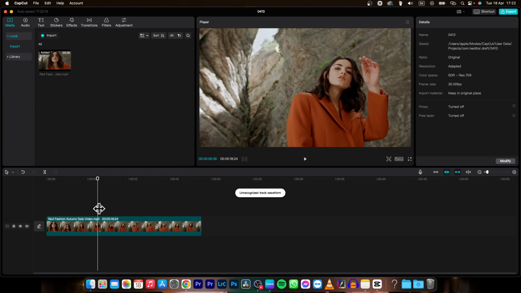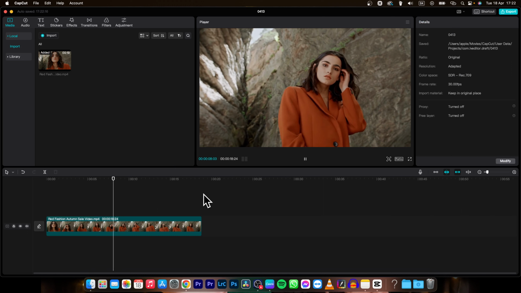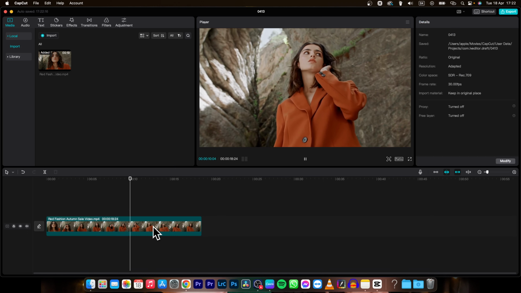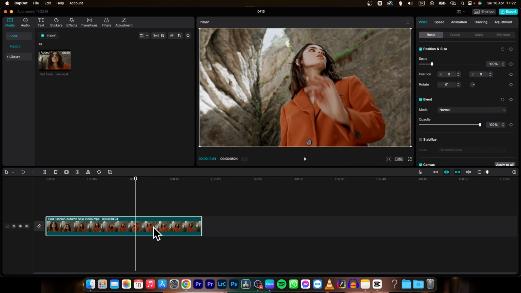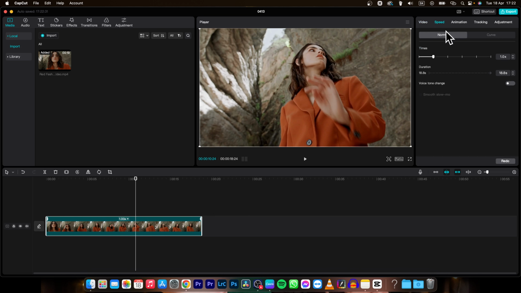First thing you need to do is import your footage, so I will import this girl footage, then place it on your timeline. As you can see, it is pretty slow, so we want to speed it up. So select it, then go over to this speed tab, and this normal,